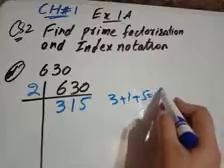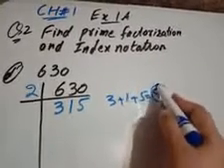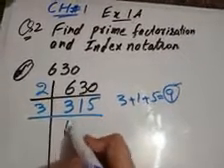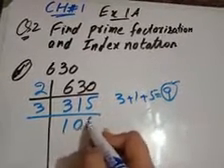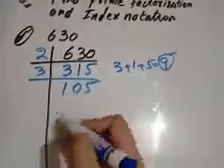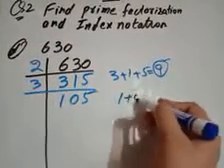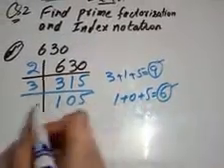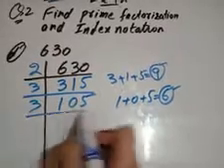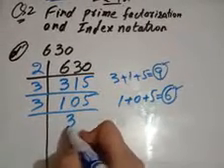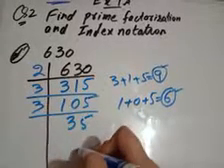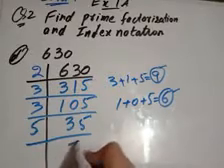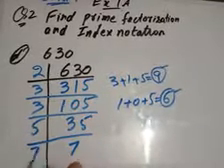As 9 is a multiple of 3, we can divide 315 by the prime number 3. As 3 1s are 3, 3 zeros are 0, and 3 5s are 15. 105, again when we add the integers, it gives us 6. So 6 is a multiple of 3, so we can divide 105 by 3. 3 3s are 9, and 3 5s are 15. 35, again divided by the next prime number. 5 7s are 35, and 7 is itself a prime number, so divide by itself.